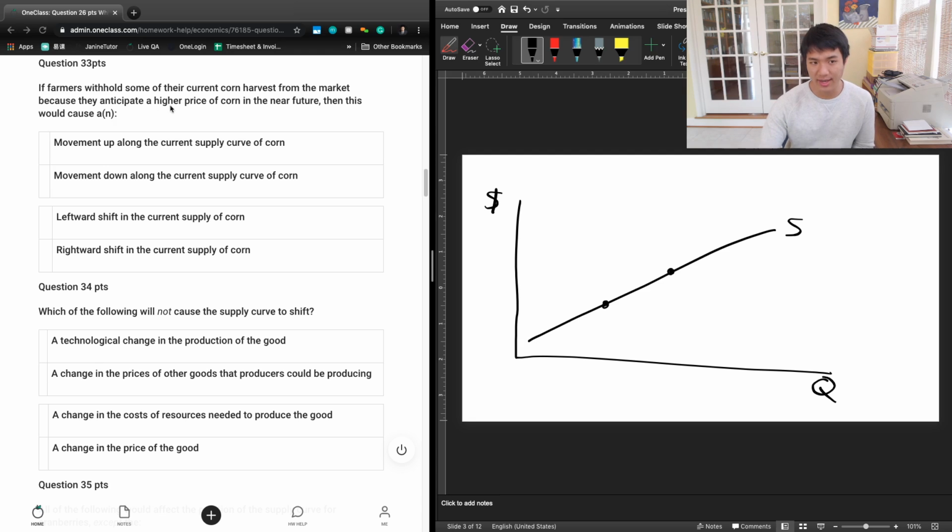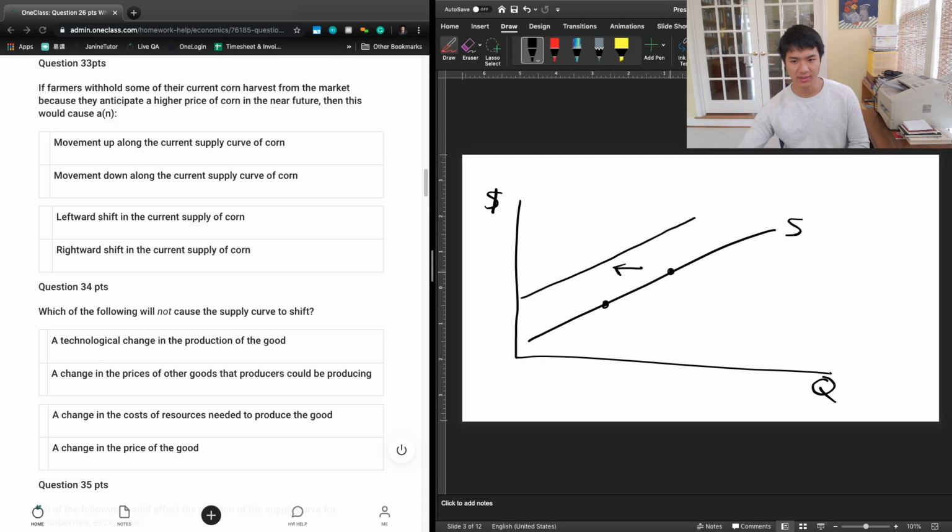And so changes in expectations of future prices are going to be one of those things that causes us to have a shift of the curve either to the left or to the right. So the question is, which direction is the shift in? The question says that farmers are withholding their current harvest, which means they're not selling as much as they used to, which means at every single price level, the overall quantity supplied is going to decrease. And that's going to be characterized by a leftward shift in the supply curve,